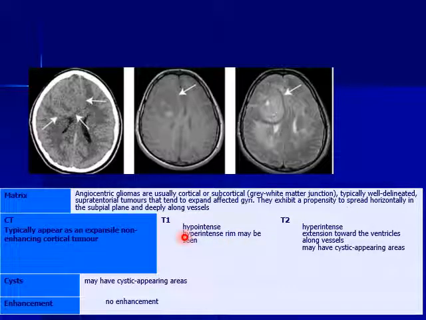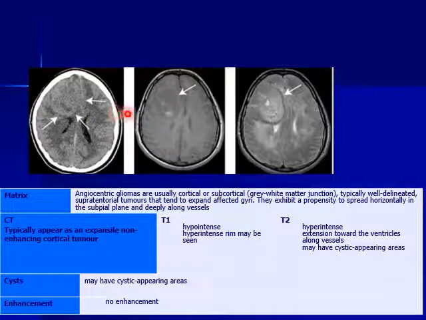Okay, remember this, hyperintense T1 rim, similar to the FLAIR bright rim in DNET, but here in T1. In T2, it is hyperintense with extension toward the ventricles along the vessels, and it may have a cystic appearing mass in some cases. As you see, a lesion like this, expansile lesion